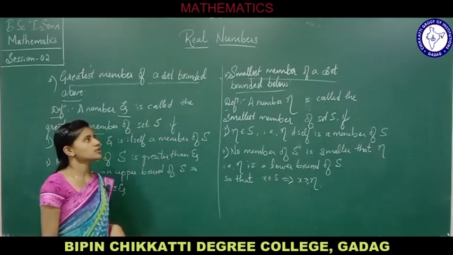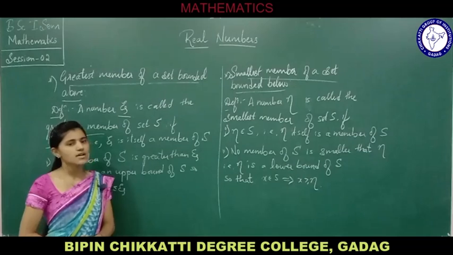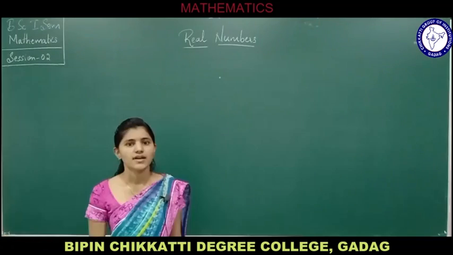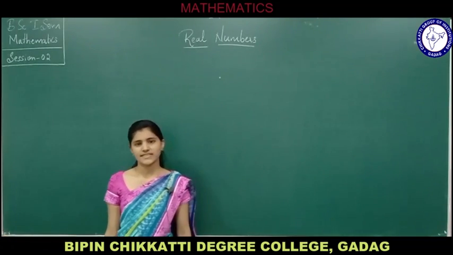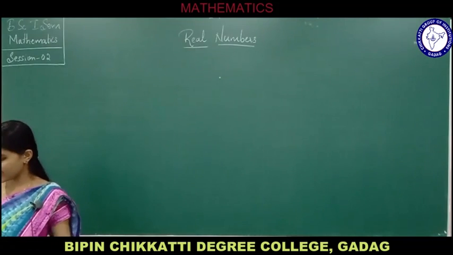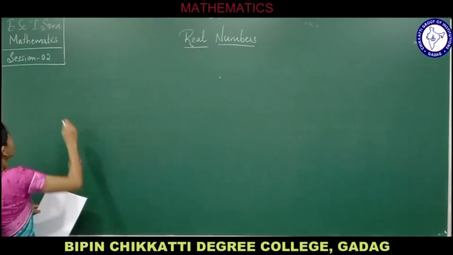This is all about the smallest member of a set bounded below. Now let us look over the theorem. What is the theorem given? We have one theorem, that is